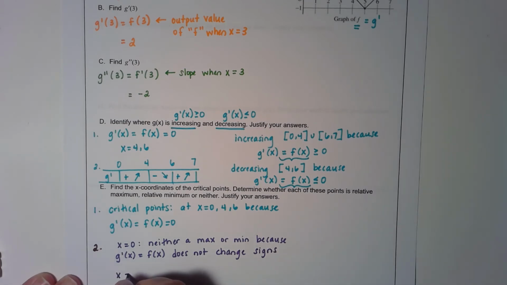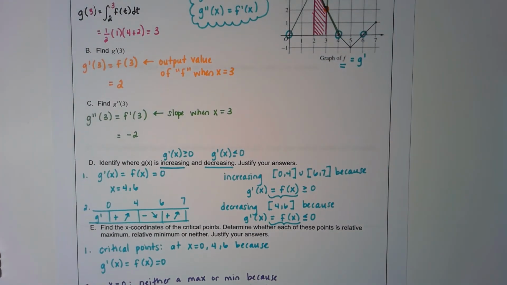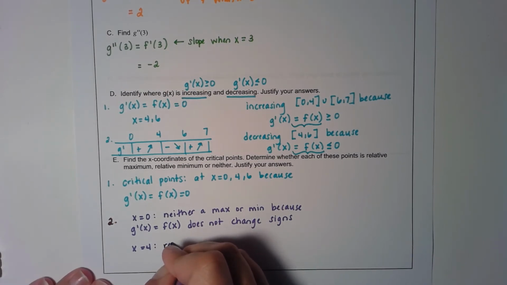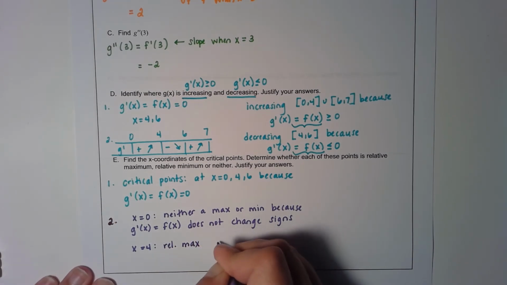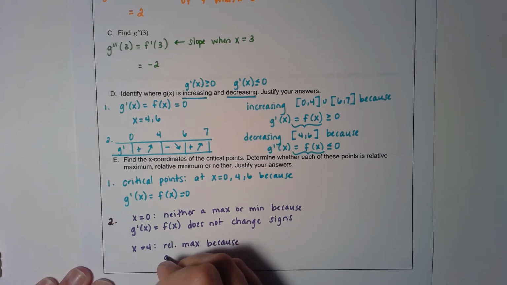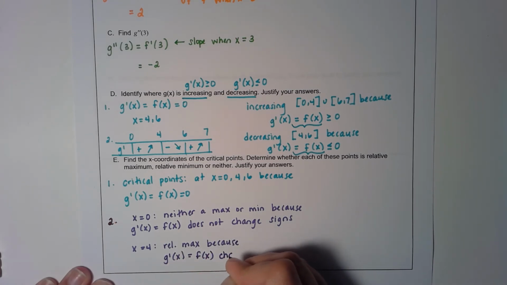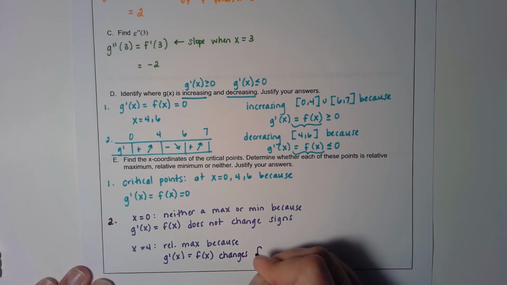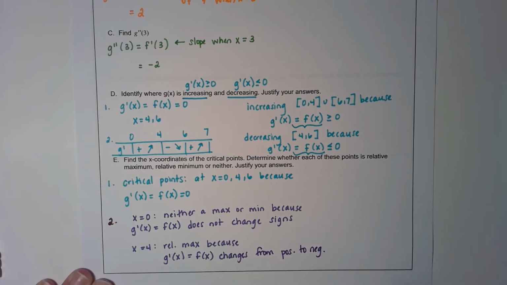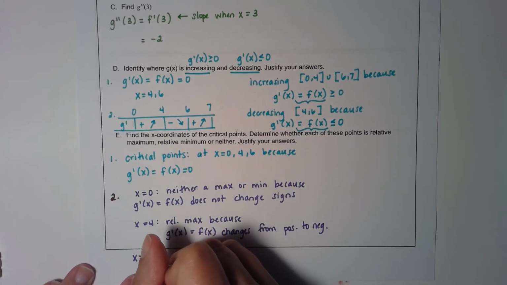At x equals 4, if we look at the graph, we're changing from above to below, which means we're changing from a positive to a negative slope. So that's going to be a max. There is a relative max because the derivative, which is equal to f of x, changes from positive to negative. And last but not least, at x equals 6, we would say that there is a relative min